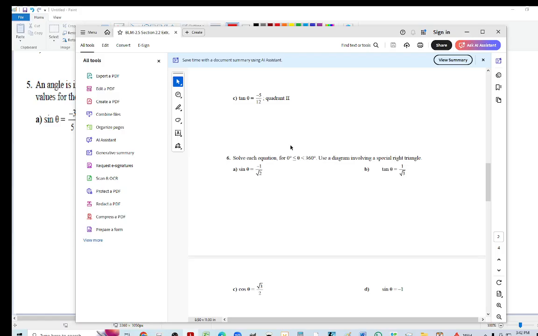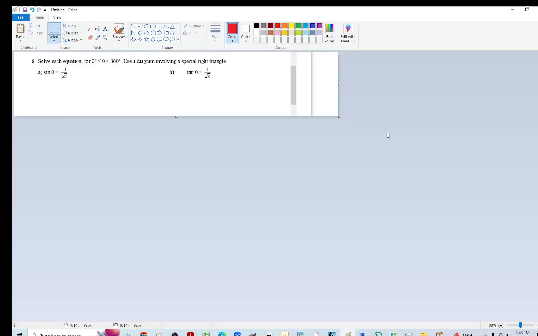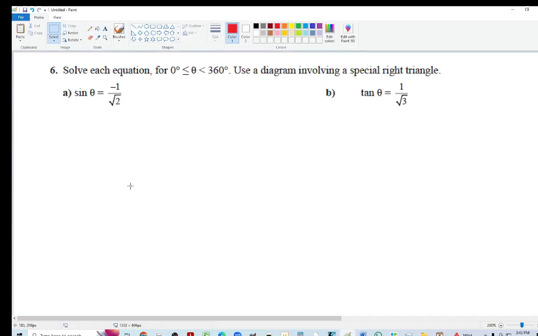Solve each equation. Note that they give you a range. This is for the full circle. So we have to figure out what angle they are without using a calculator, using the special triangle. In this case, you'd have to know your special triangles. I assume you can't use the table, or they haven't given you the table, which means you have to learn